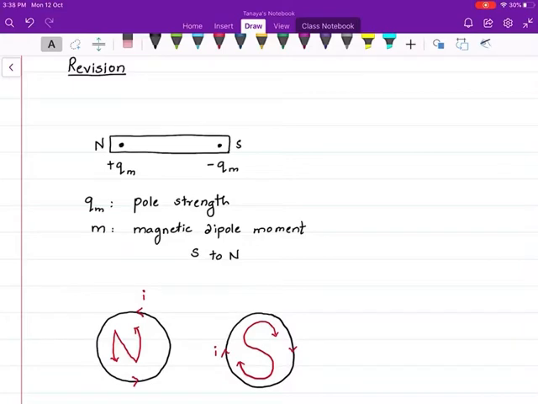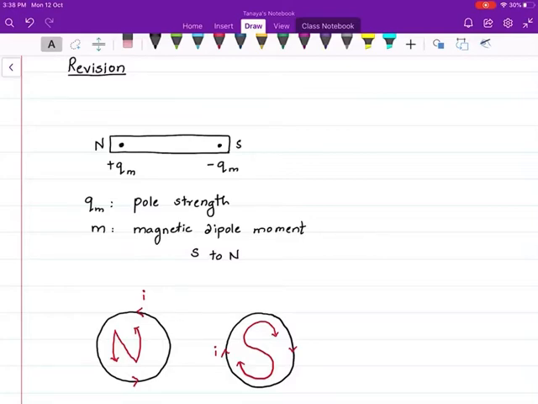So the diagram shown over here is that of a bar magnet. You know that magnetic monopoles do not exist. Always you have a magnetic dipole, that is north and south pole will exist together, is it not? You never have a north pole separate and south pole separate. You always have north pole and south pole together. Even if you go on cutting a magnet, still there will be a north pole and south pole formed in each small part of that magnet.